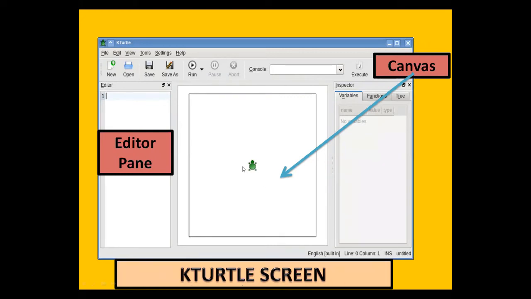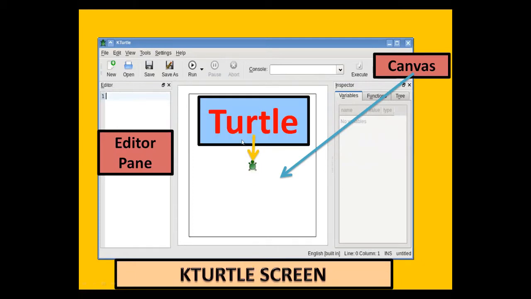You can see here, this is the turtle, and we use the turtle to draw figures. When you type a command in the editor pane, the turtle starts to draw figures. The canvas is the area where the turtle makes your drawing.